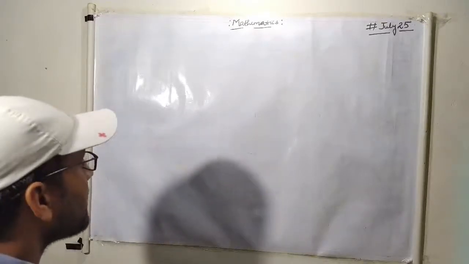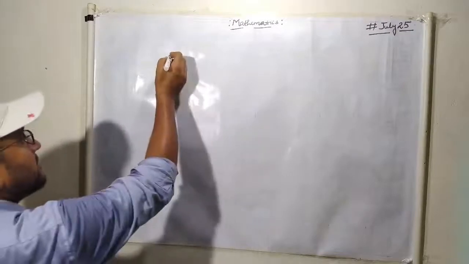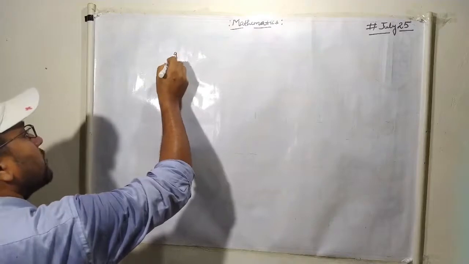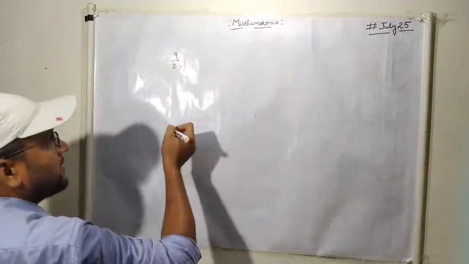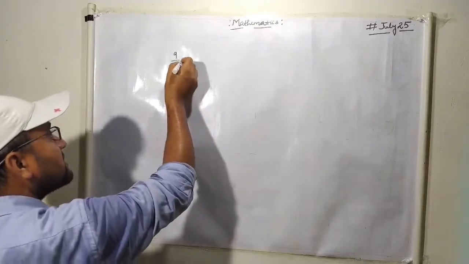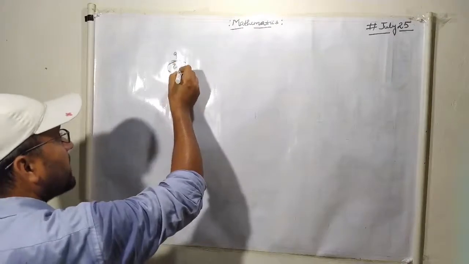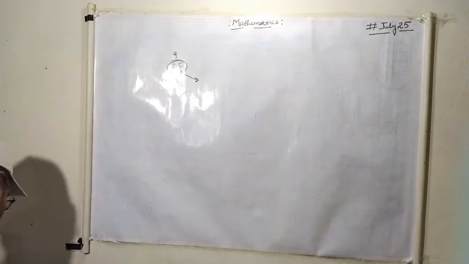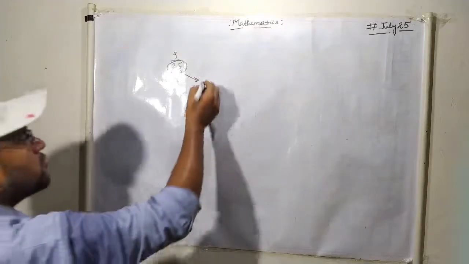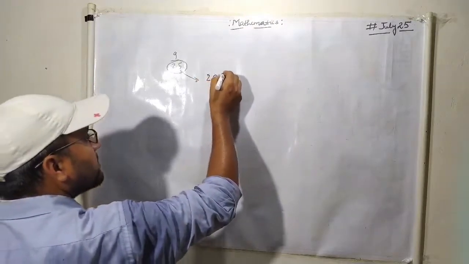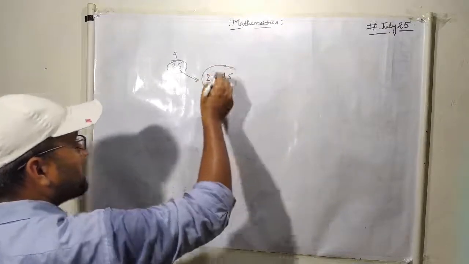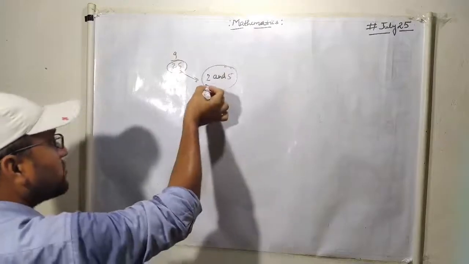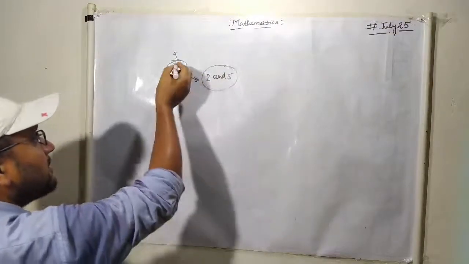Suppose a rational number is given like 9 upon 25. Without dividing, see the denominator: if its denominator has only prime factors of 2 and 5, maybe 2 or maybe 5, then